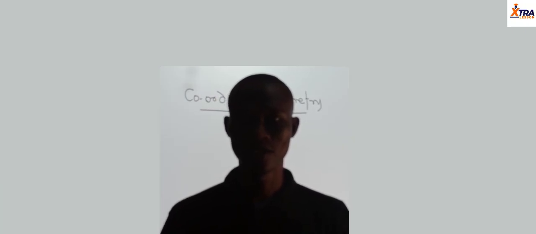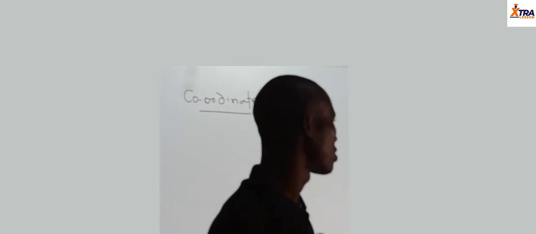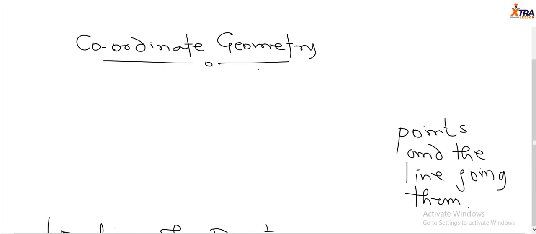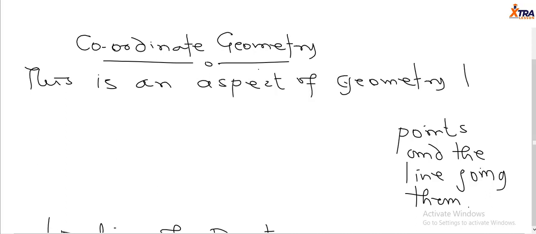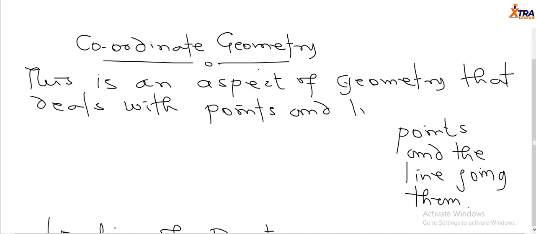So in this class now we are dealing with a topic called coordinate geometry. So let's look at what coordinate geometry is. Coordinate geometry is an aspect of geometry that deals with points and the line joining them. So we can simply define coordinate geometry as an aspect of geometry that deals with points and lines